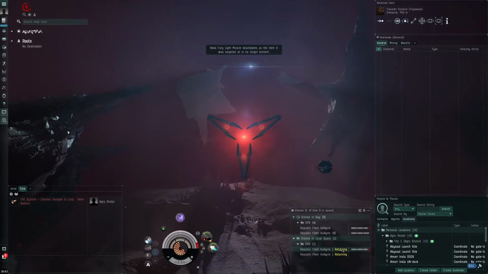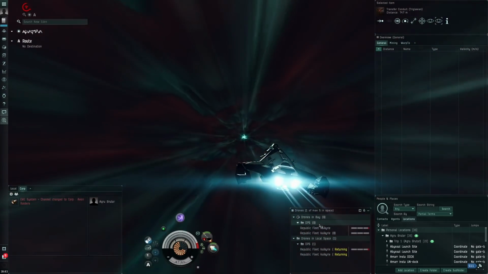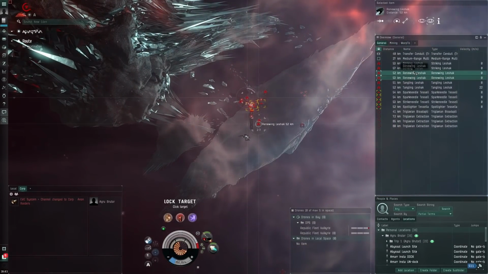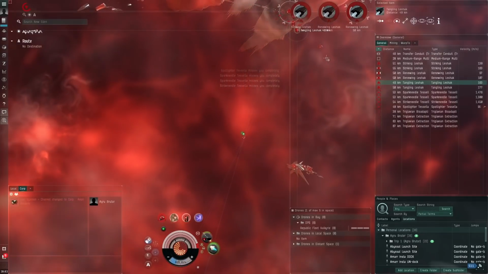Come on, drones. Return, please. Oh, they didn't return in time? Did they return? One returned, I think. Oh, no. We lost a drone. It's alright. Leshak group. This is a pretty easy wave for Gammas because of how the...